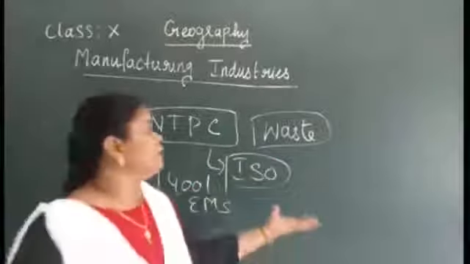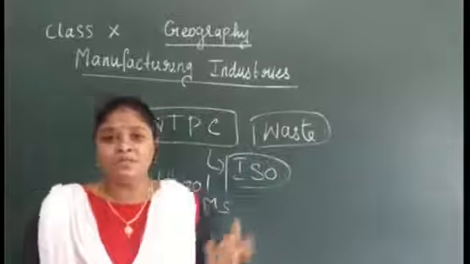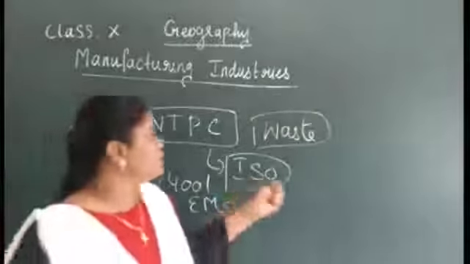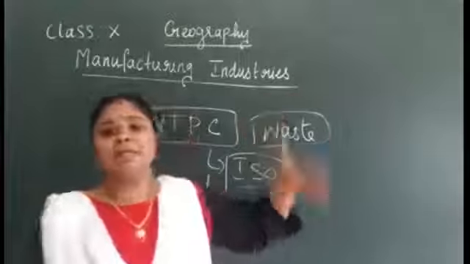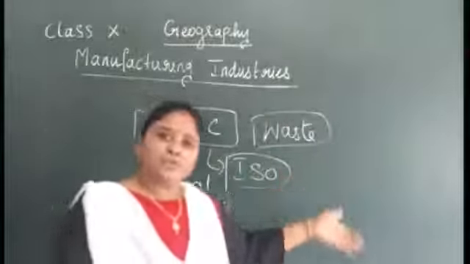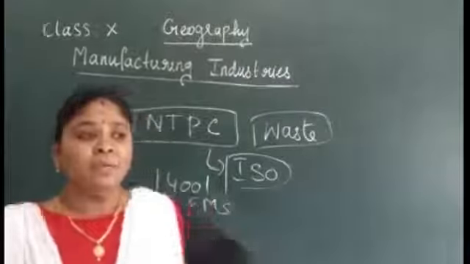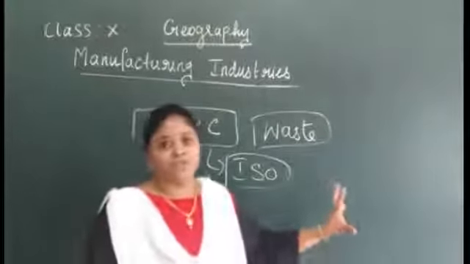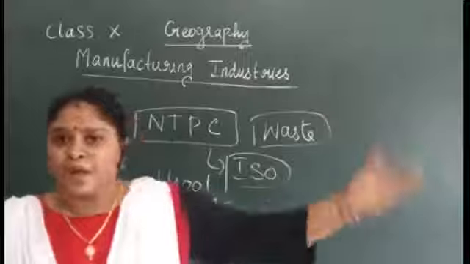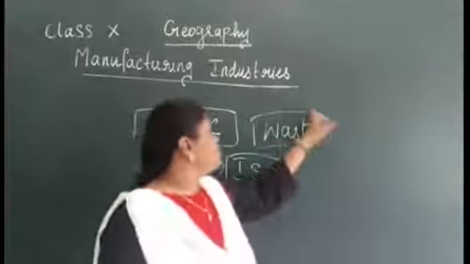Plastic buckets or something like that, they will have some unwanted waste from their industries. Those kinds of things are to be recycled or reused for other industries in the form of a raw material. So when they are reformed or reused as a raw material in another industry, the wastage will be reduced.